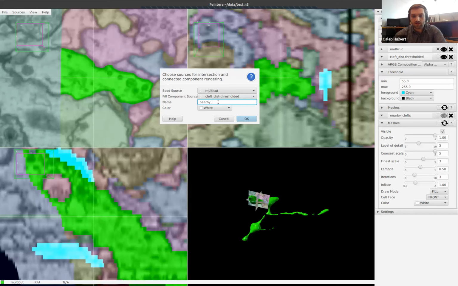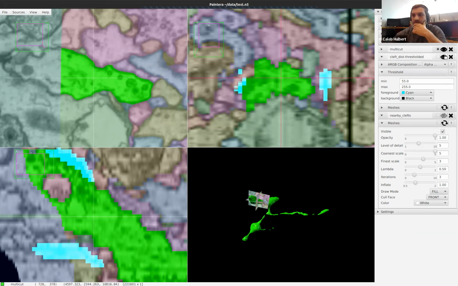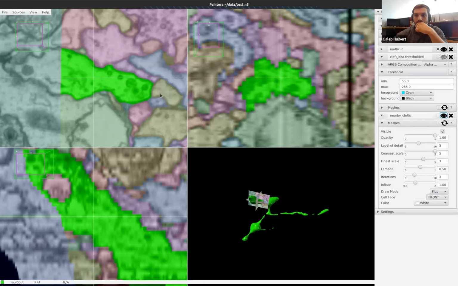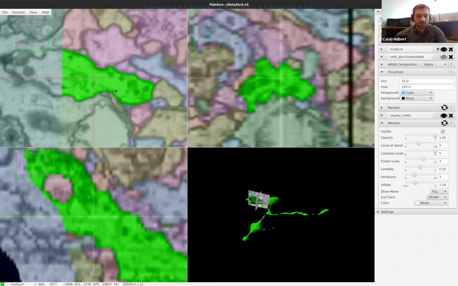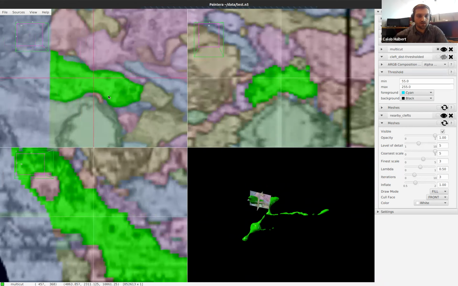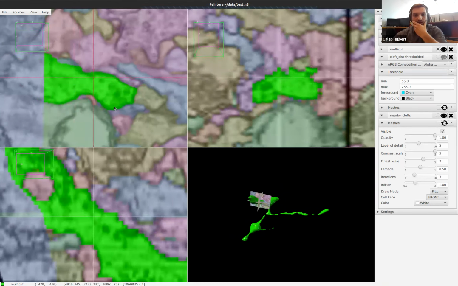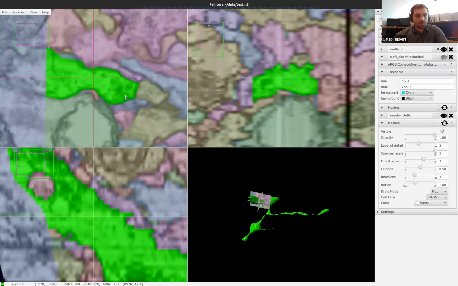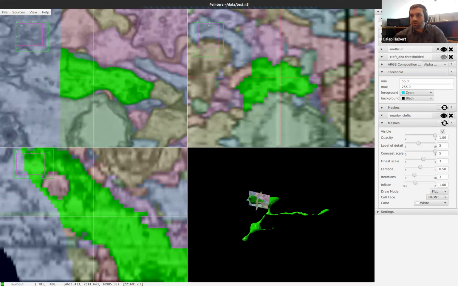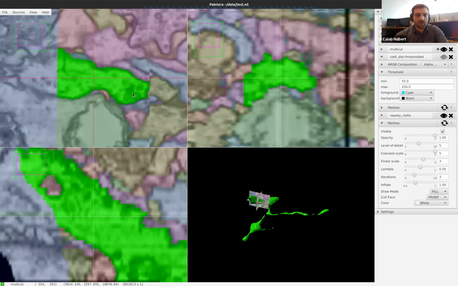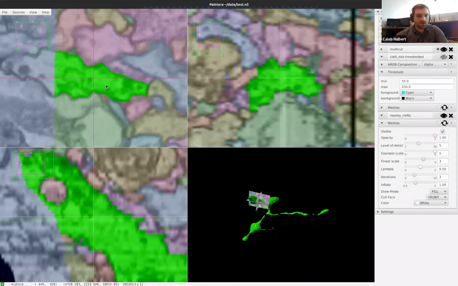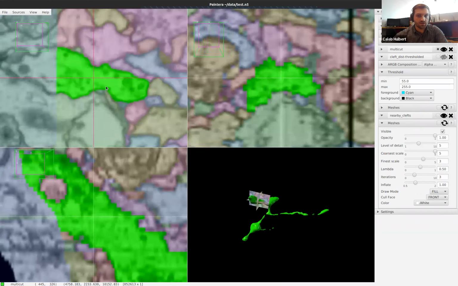I already have this, which is why you saw it already, so I won't be creating this, I'll just show it to you. But right, you can do this here and specify a color. So let me cancel out of this, but I'll show you what that looks like. If we turn this off and instead turn on this nearby clefts, you will see. Unfortunately, this could be faster, and I'm using a rather large data set. That's one of the unfortunate aspects of doing this intersection, and I probably should have prepared a smaller data set, but